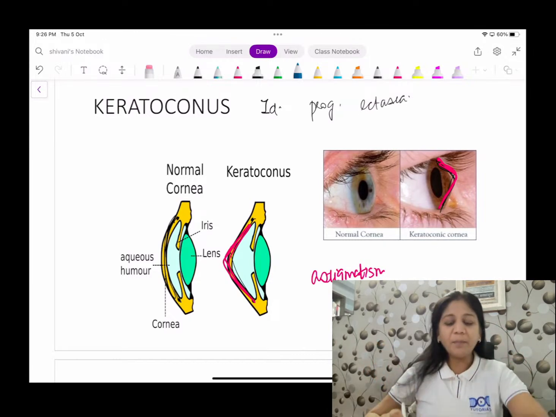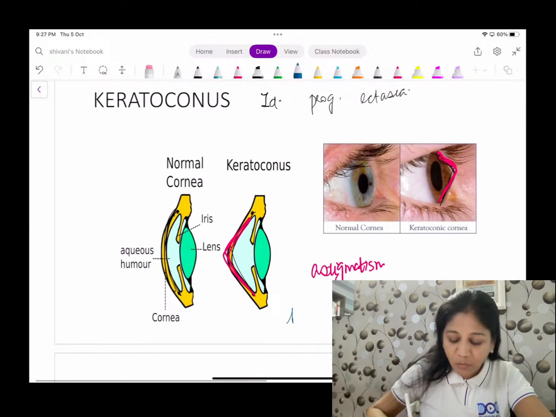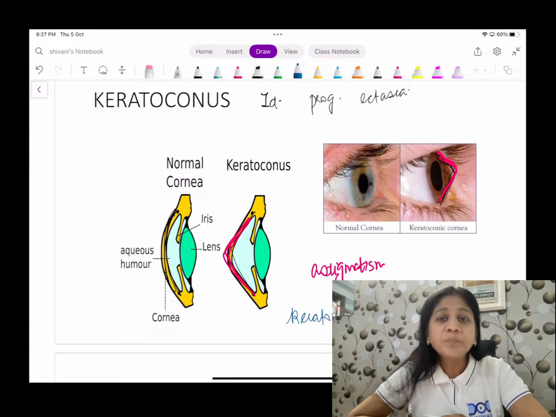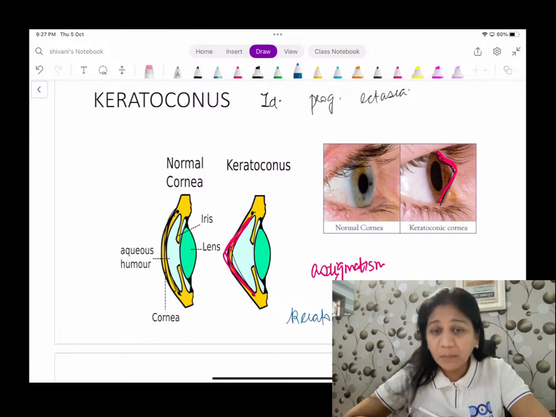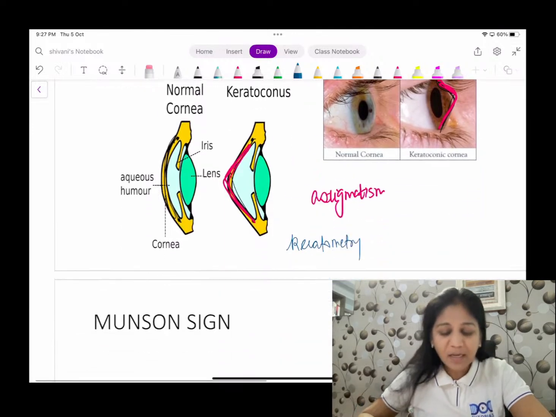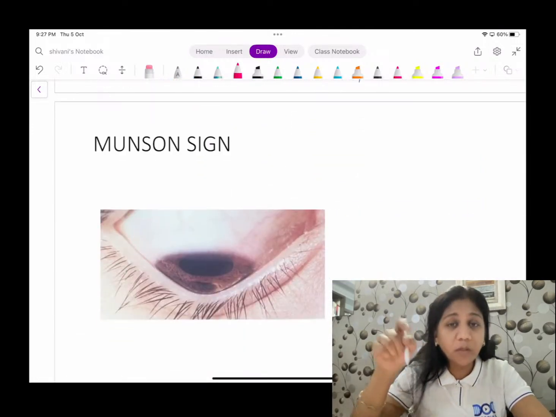Now when I examine the patient, I will first like to do the keratometry. What is keratometry? What do we check with keratometry? We check the curvature of the cornea. So obviously the curvature of the cornea will be more on keratometry, isn't it? Now there are so many signs, but the most important signs for you as an MCQ, as a picture question